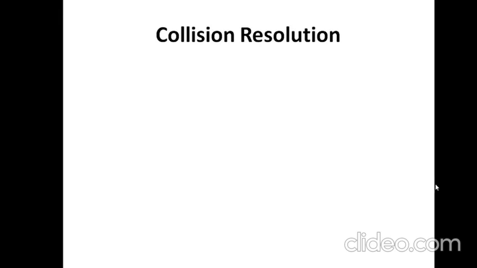The second problem is that when we resolve a collision by storing a key into a new address, there may be some other key meant for that particular address, and when that key is inserted, it could result in a collision again. So this is a secondary collision caused by a previous collision. Both problems need to be minimized. We are going to discuss a number of collision resolution algorithms.